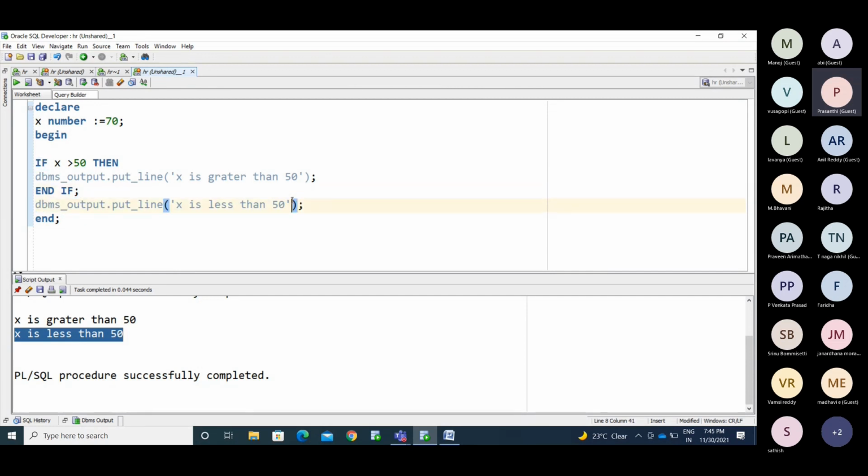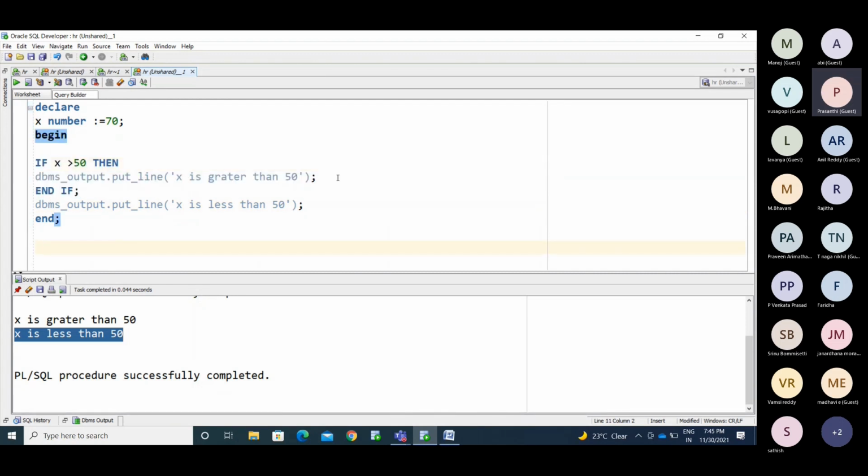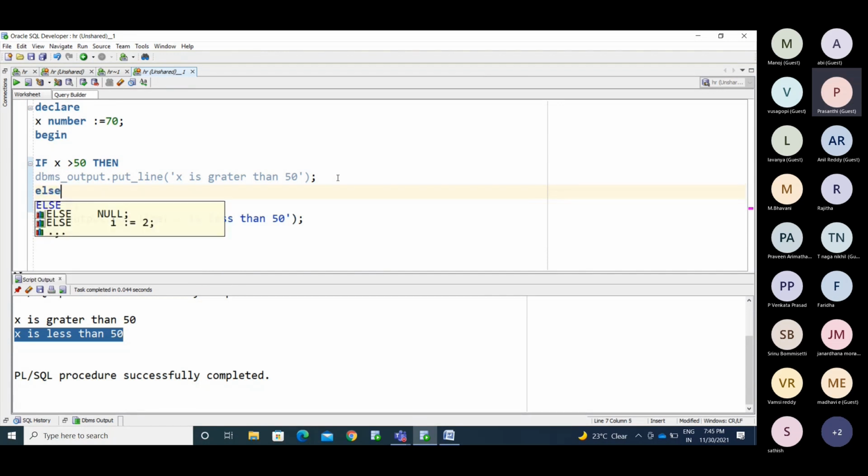Any doubt? No, right? This is the simple if statement. Now if else. What have I mentioned in this?